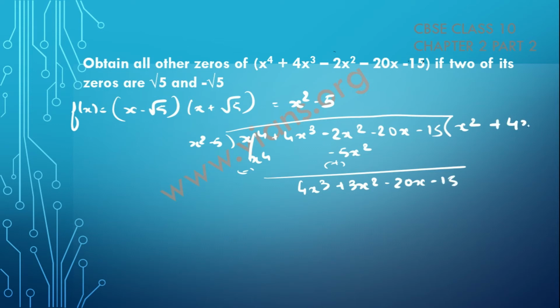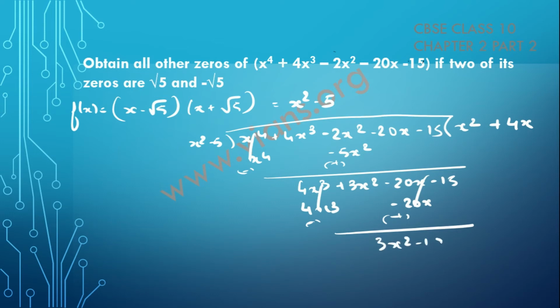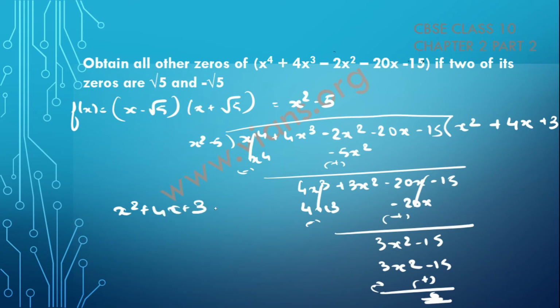Then 4x cube minus 20x, and 3x square minus 15 is what remains. X square when multiplied by 3 will give you 3x square, 5 3s are 15, reverse the sign, you get 0. Which means that you know that x square plus 4x plus 3 is a factor